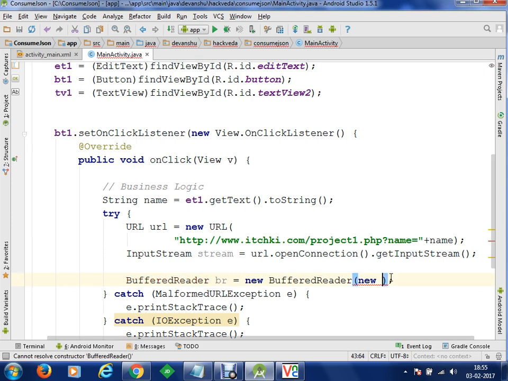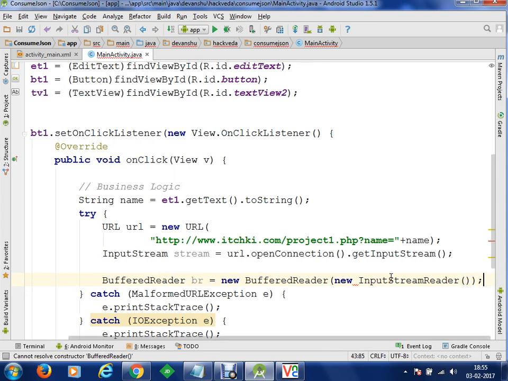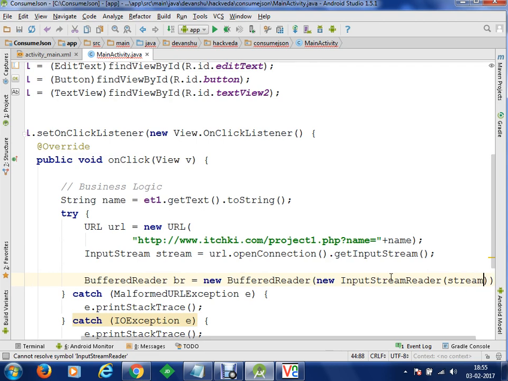We are going to create a new input stream reader, and within it we are going to provide the stream from where we want to read. That is the stream which we have just got above from the URL.